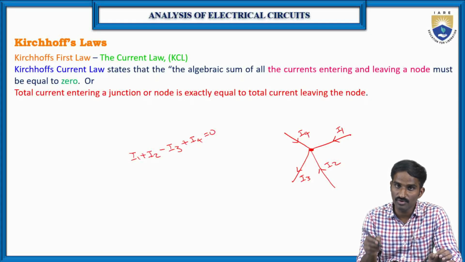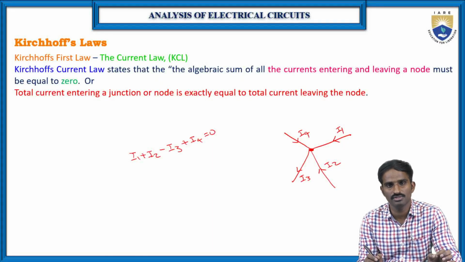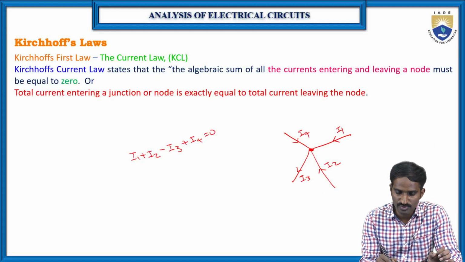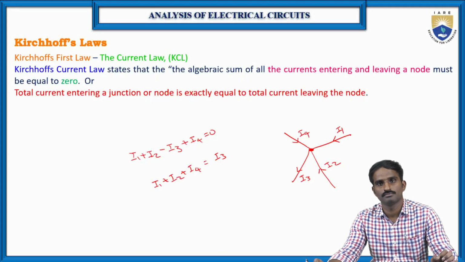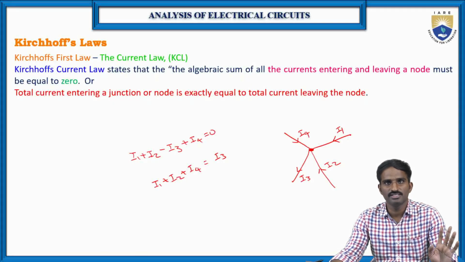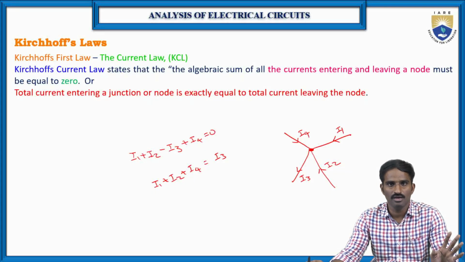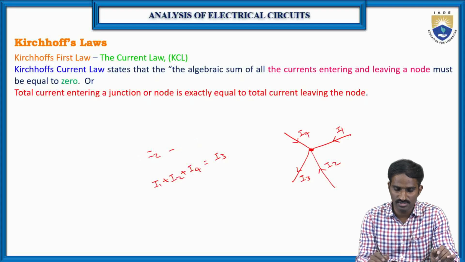And then automatically, if the current is opposite to our reference direction, then that is the negative sign. Or in other words, the sum of the currents entering towards the node is equal to the sum of the currents leaving from the node. So which means the entering currents are I1 plus I2 plus I4, which is equal to the leaving current I3. So this is Kirchhoff's first law, which is also called Kirchhoff's current law. Then the next one is